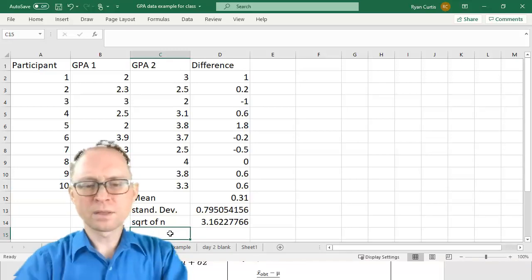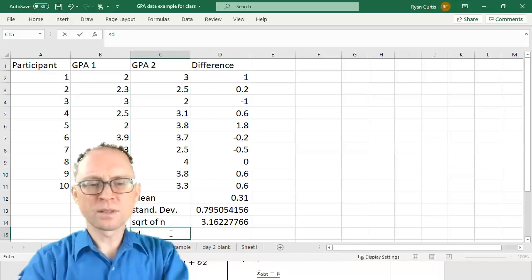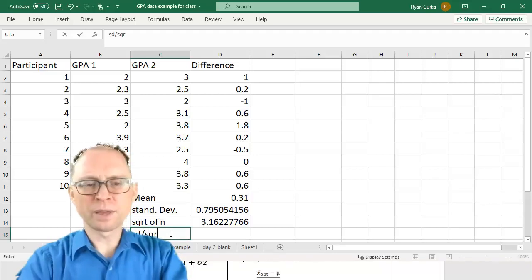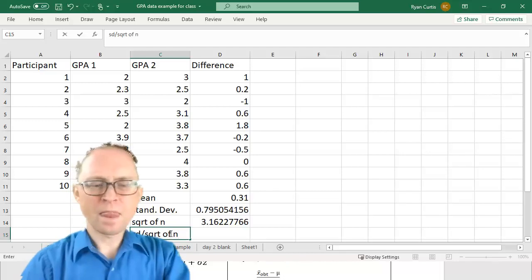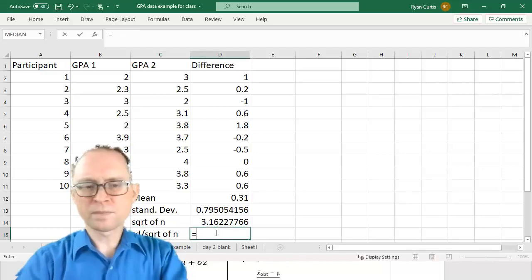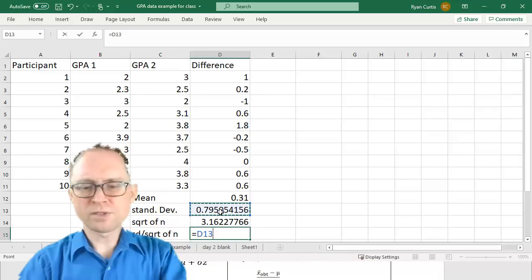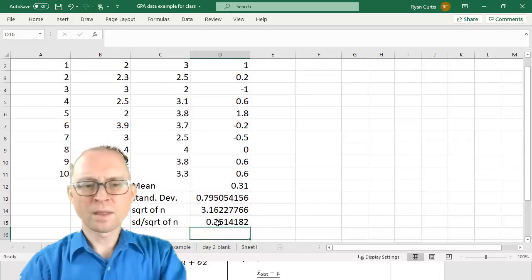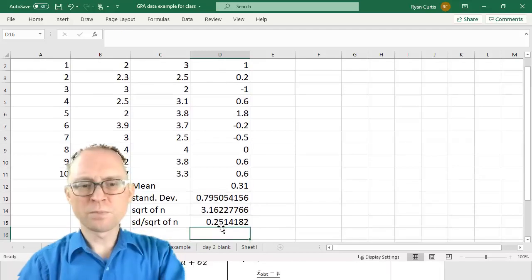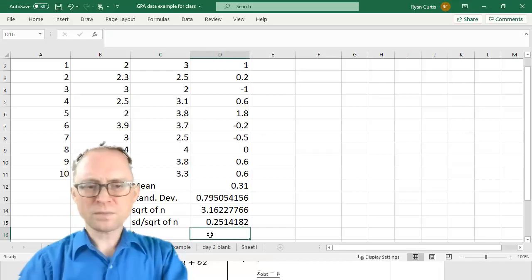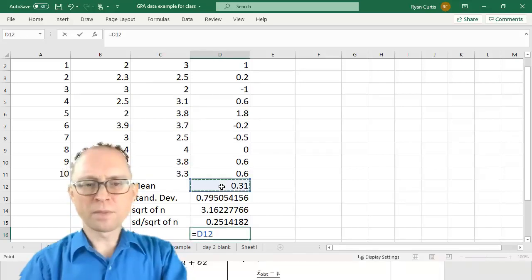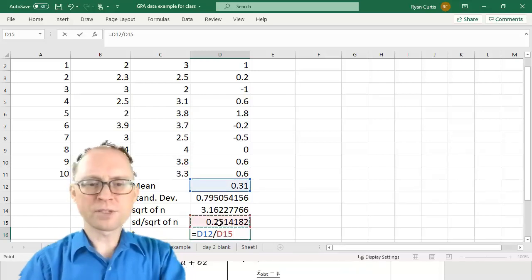So now we need the standard deviation divided by square root of n, which is the standard deviation divided by square root of n is 0.25. That makes t the mean minus 0 divided by the standard deviation divided by the square root of n,